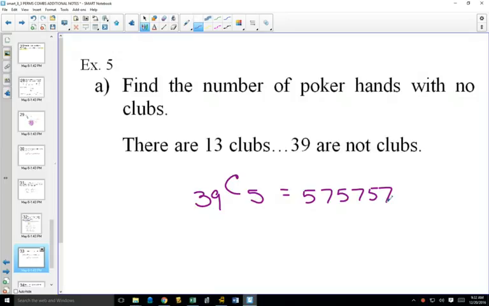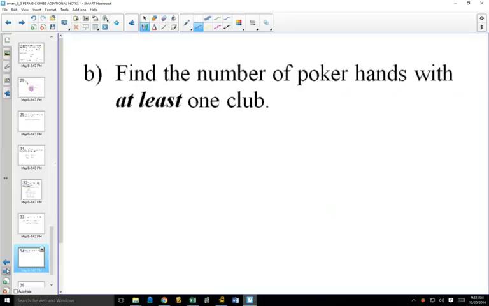So now we're going to get to an interesting problem. Find the number of poker hands with at least 1 club. And I'm going to become a salesman, because I'm going to sell you 3 pitches for the right answer. But I'm going to tell you this. It might be that all 3 that I show you are not correct. It might be that all 3 are correct. It might be that 1 is correct and 2 are wrong, or 2 are correct and 1 is wrong. So I'm going to try and sell them to you as if they're all correct. And you have to decide